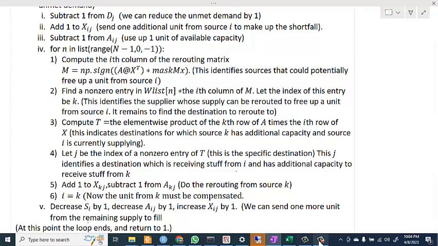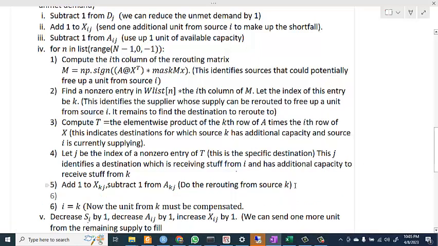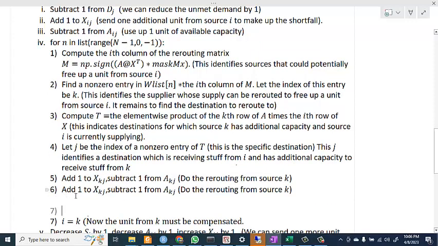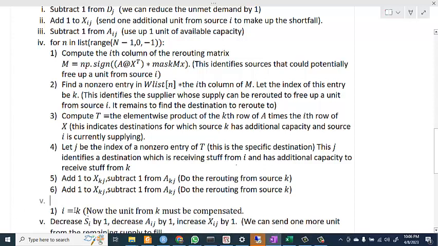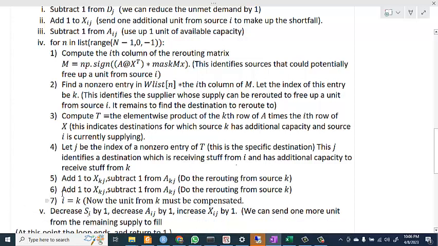Hang on a second. Let me think about something. Okay, I see now I need to add another step here, because since I do the rerouting from source K, I also need to reduce the flow from node I to node J. So instead of this one, I'm going to have to do this. Okay, there we go. So here I'm going to subtract one from,